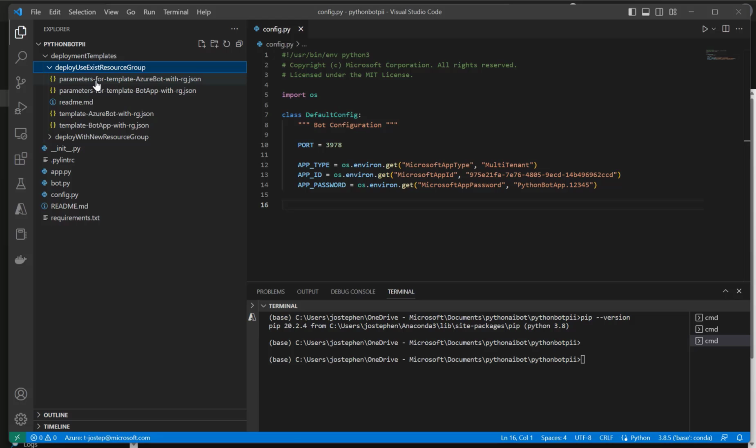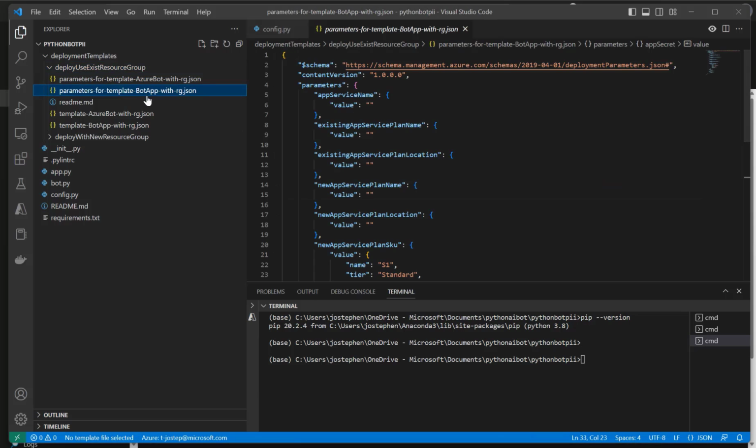One is the parameters file, essentially all of the configurations we want, and the actual template file that lists the services and how those services are to be configured. We won't be needing to edit the template files, but we do need to edit the parameters file because they do complement those template files. So if we go into the first one, the parameters for template bot app with rg.json, we will edit this